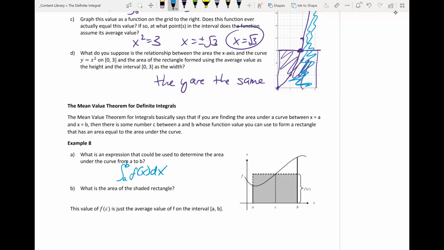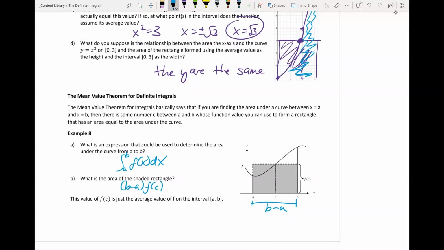And to find the area of the shaded rectangle, we need to know this length, which is b minus a. And then we know this height is f of c. So that's b minus a times our height, which is f of c. This value of f of c is just the average value of f. So we can multiply b minus a times f of c, which is the area of the shaded rectangle,